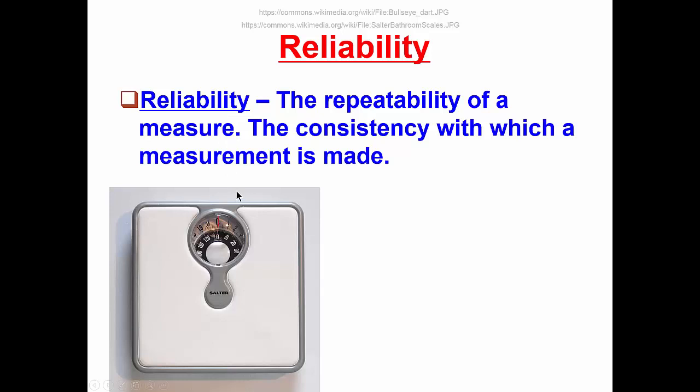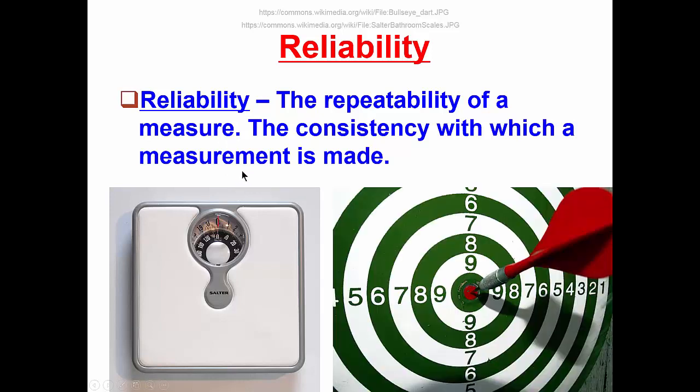Let's take another example. Let's pretend we're sports psychologists and we're interested in the reliability of a particular participant's responses on a dart throwing test. Here we have a green and white target, and it's being intercepted by this red dart that is perfectly thrown. We can ask the person who threw this dart to throw it again and again and again, and if this were an expert dart thrower, you might imagine that most of the darts would land right around this red central area. Somebody who's a little bit less skilled might have the darts spread out a little bit more, and you might notice that as the person is getting more and more toward the novice end of the spectrum, we would get wider and wider and wider circles.